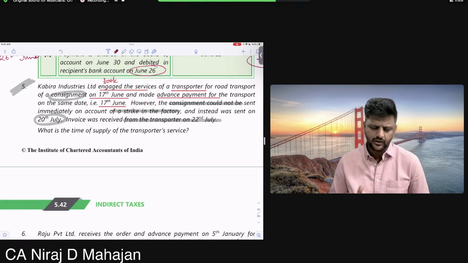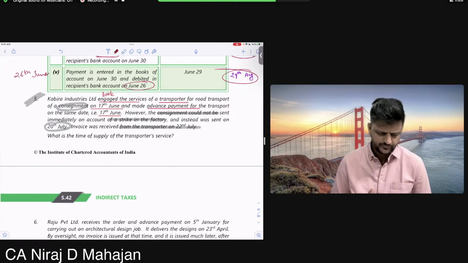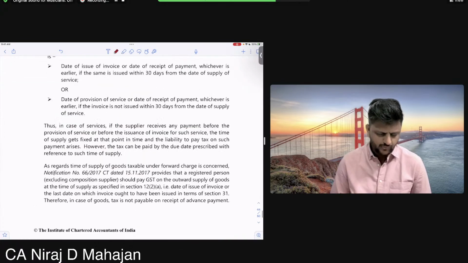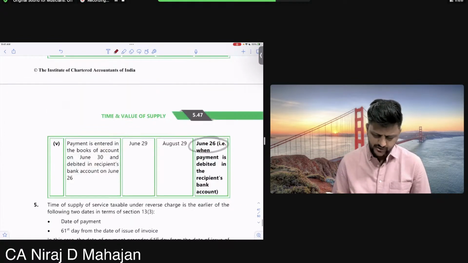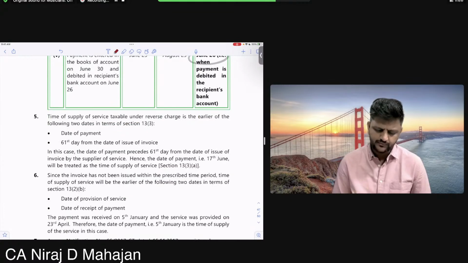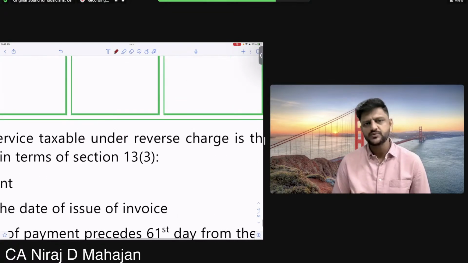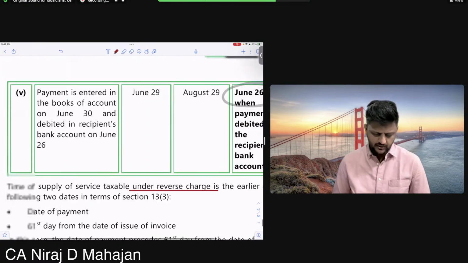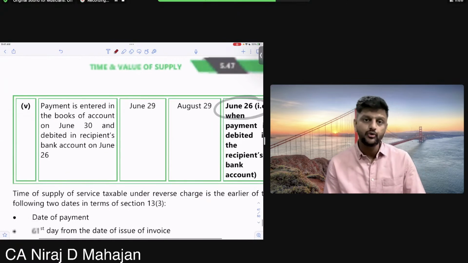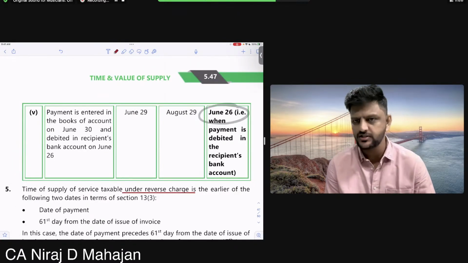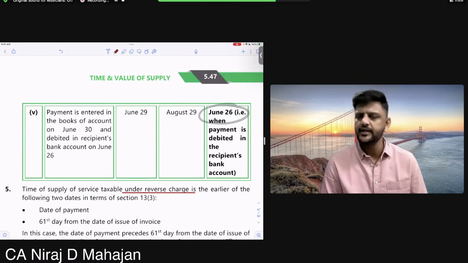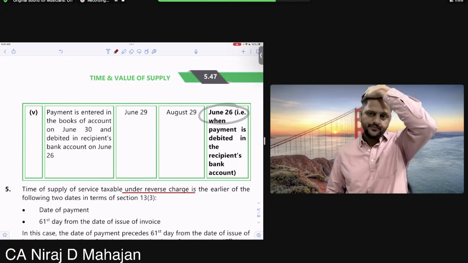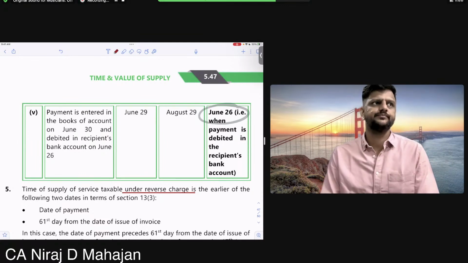First of all, have they given anything about RCM? Just let me check that, okay? Which question is this? Fifth. Because the sequence of chapters in your book and ours, we have changed a little bit. Check goods transport agency, reverse charge. So you may know the law, but now you'll also have to know for which transaction forward charge or for which transaction reverse charge. We are yet to complete that chapter, that's okay. Right now we are referring to wherever RCM is there or not. So if RCM is there on service, then what?